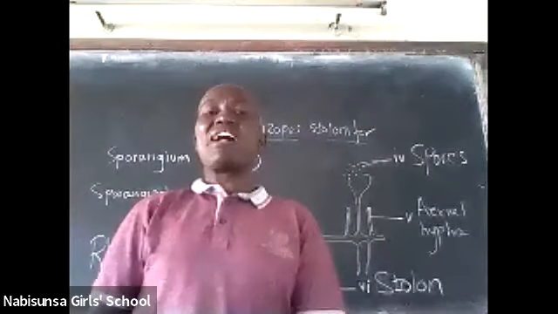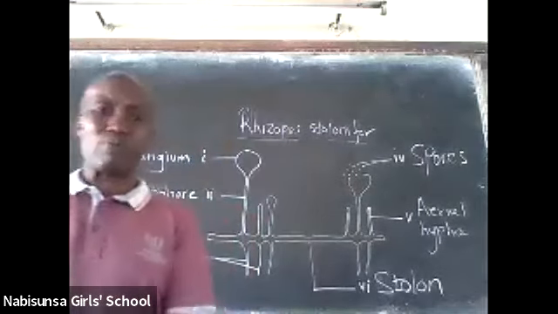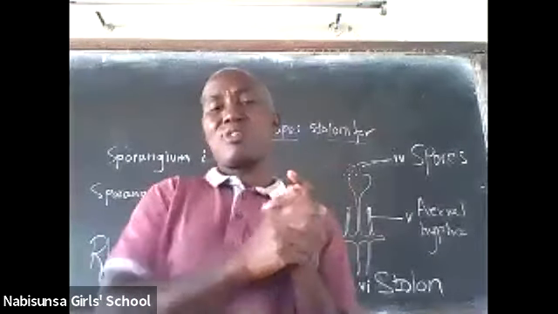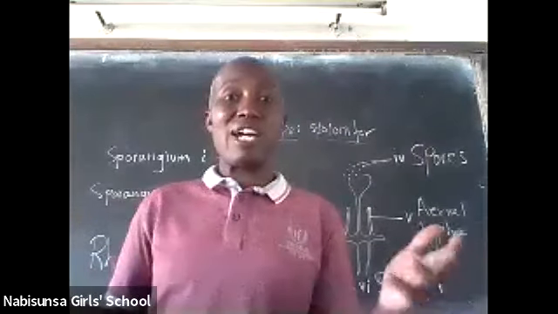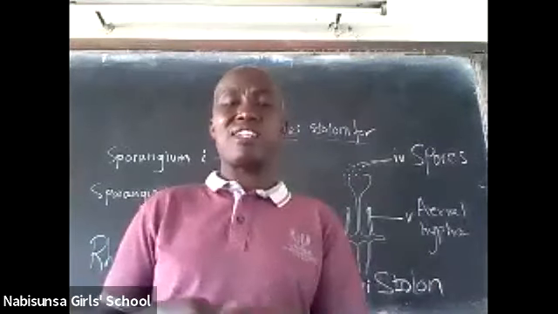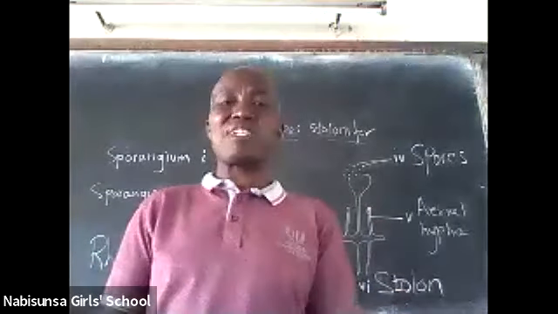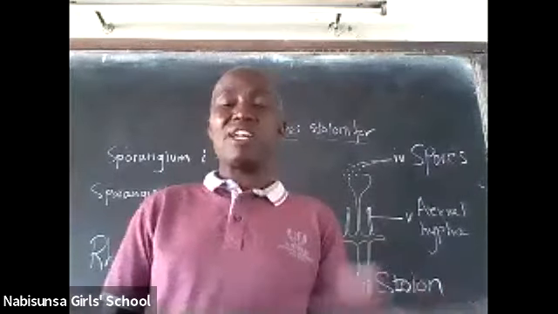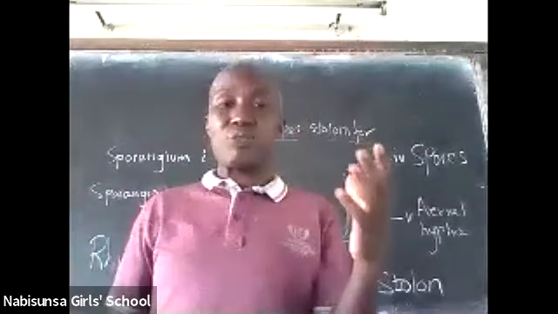In all directions. And the sporangium contains very many spores. Probably one reason why the sporangium contains very many spores is there's a lot of wastage. These spores are simply blown by the wind, and the wind blows them anywhere, everywhere. And therefore, many of the spores don't actually get to land on suitable ground. You'll have many of them landing onto the soil, where they will not be able to germinate. You'll find many of them landing onto the roof, where the conditions are not suitable, so those ones won't germinate.